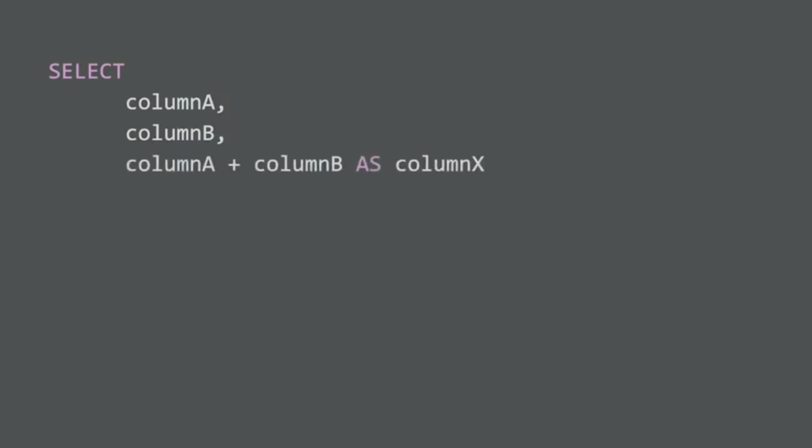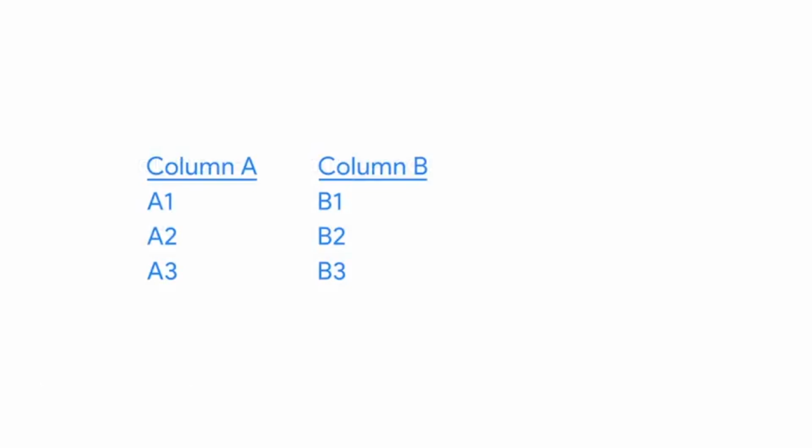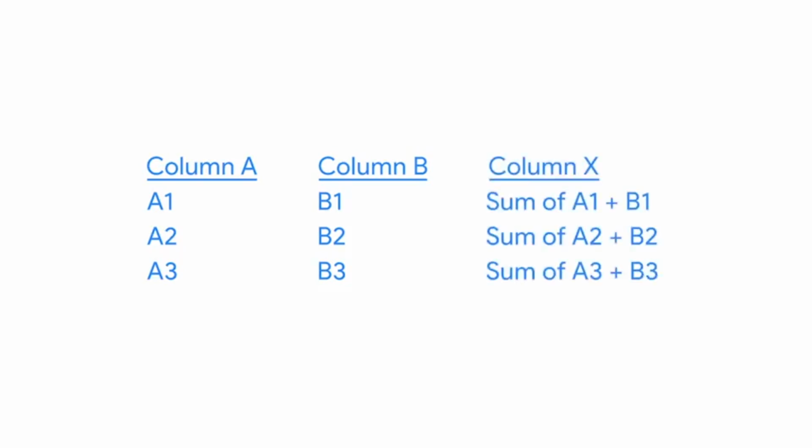Then you'd add the names of both columns with a plus sign between them. After that, you type as, followed by the name you'd like to give the column with the added totals. Finally, you complete your query by typing from and then the name of the table that you're pulling the data from. Running this query would get you a table showing the two columns whose values are being added together, plus a new column showing the sums of those values. The operator in this query is a plus sign since values are being added.